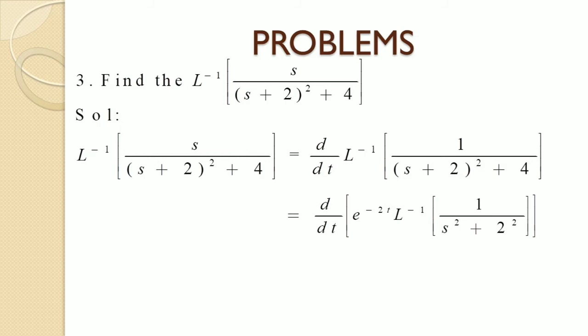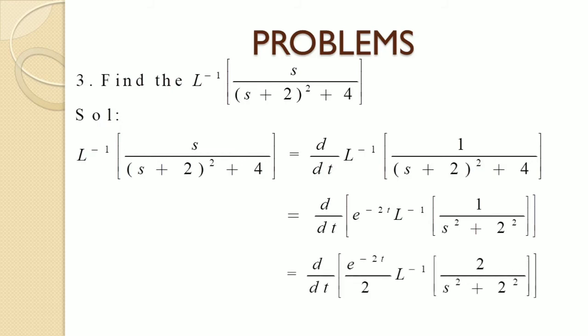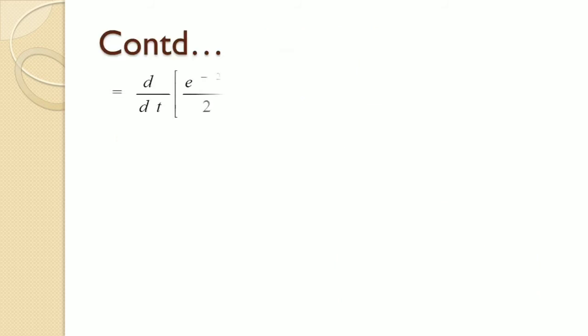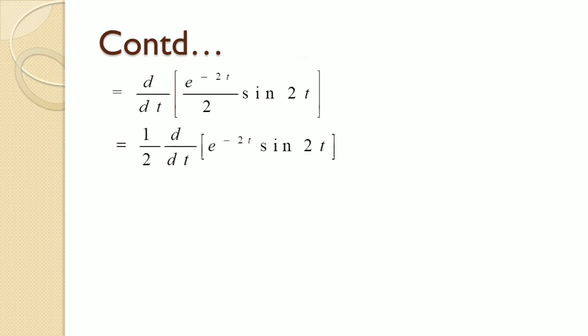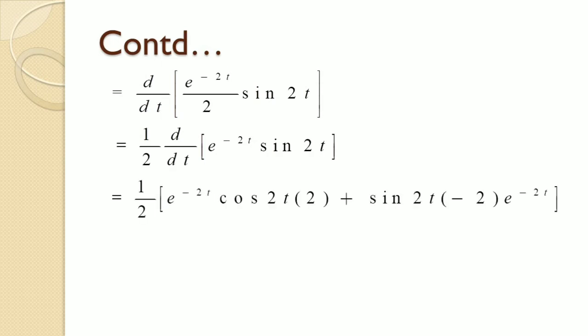plus 2 squared. This can be written as d by dt e power minus 2t by 2 L inverse of 2 by s squared plus 2 squared, which is equal to d by dt into e power minus 2t by 2 into sin 2t, which is equal to, taking 1 by 2 outside, d by dt into e power minus 2t sin 2t. Now differentiating with respect to t with the product form, we get 1 by 2